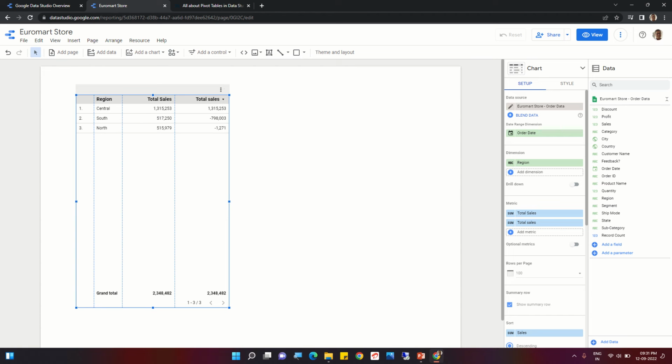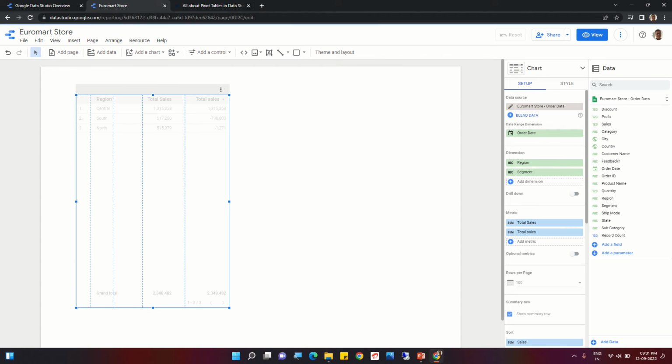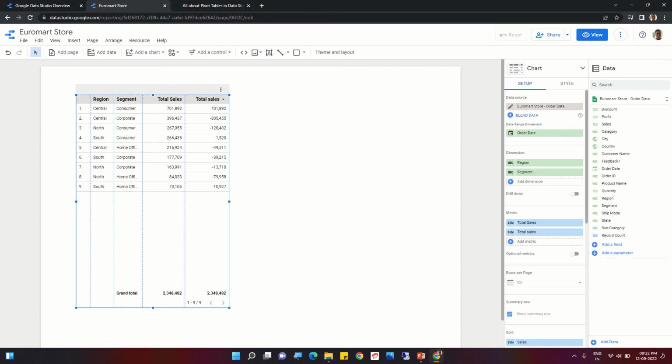Suppose, for example, under regions we would like to add segment. Under region, we will add segments. Let us type. This is the report that we have got. Now under central you see there are consumer segment and corporate segment. Under north there is